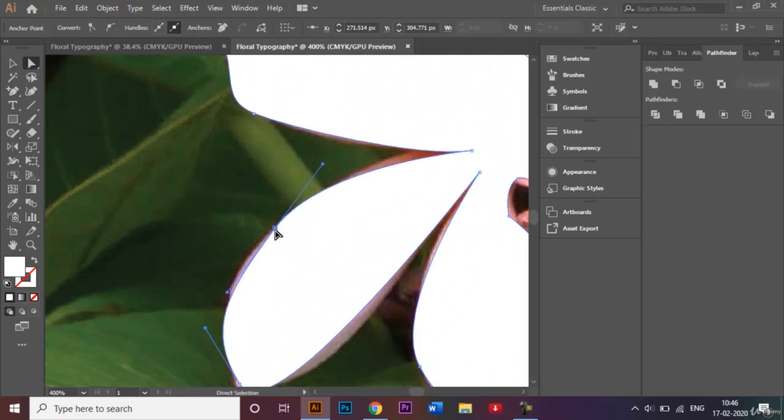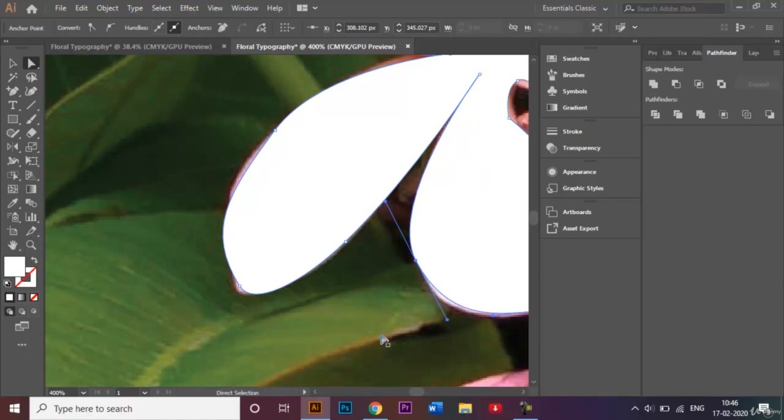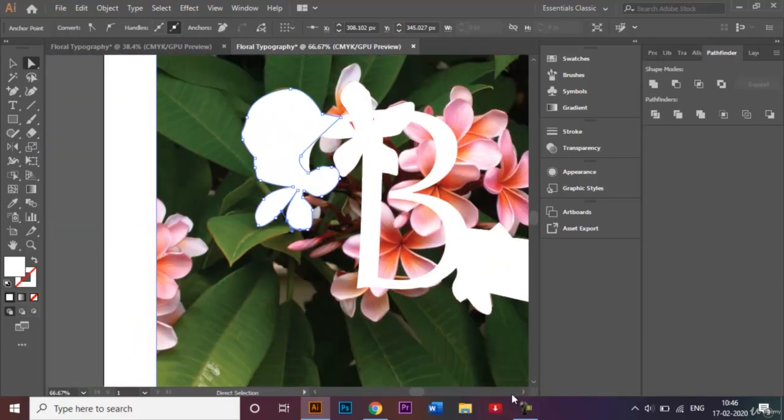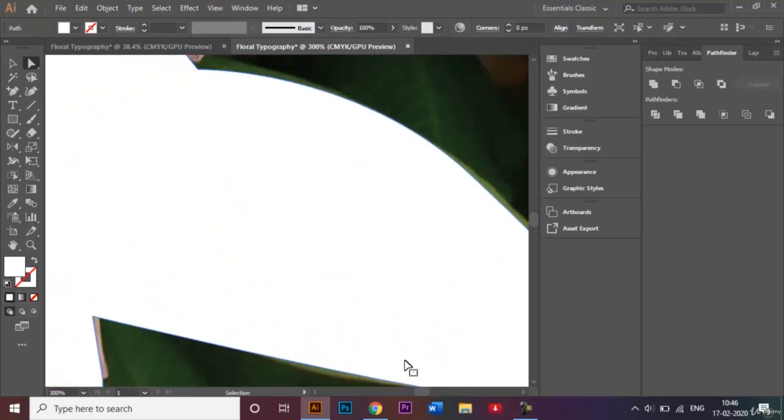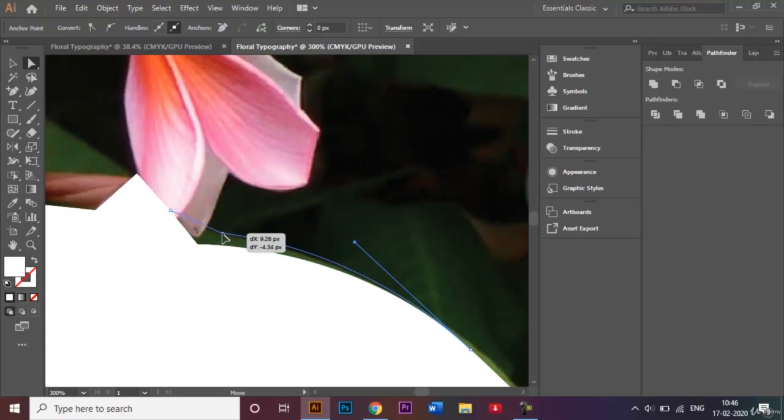Just last minute, I'll add another anchor point right here, and use the direct selection tool to actually cover as much ground as possible. Okay, I'll just check the other portion as well. I'll zoom in. Yeah, I'll select this anchor point, get it over here,